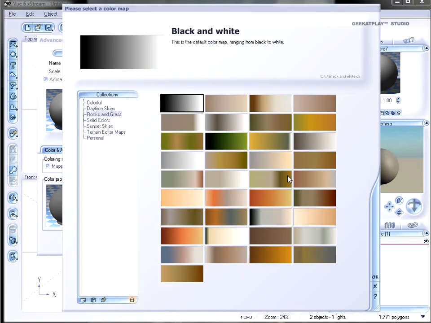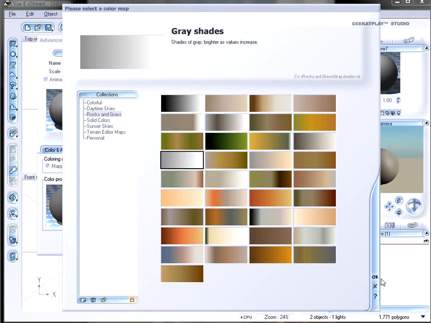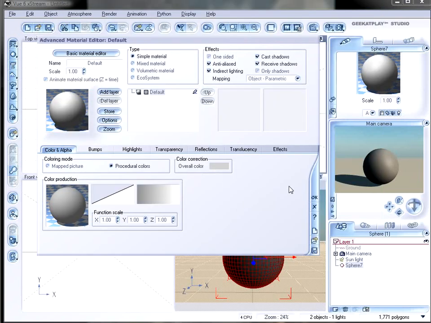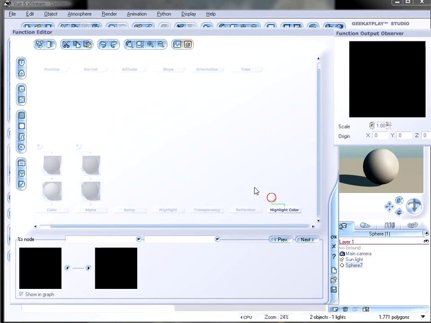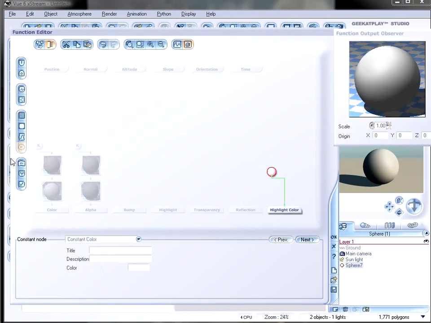Okay. This one, maybe it's too dark. Okay. So yeah, we have a little bit lighter color. And let's go again to highlights. Highlights color. And let's add a